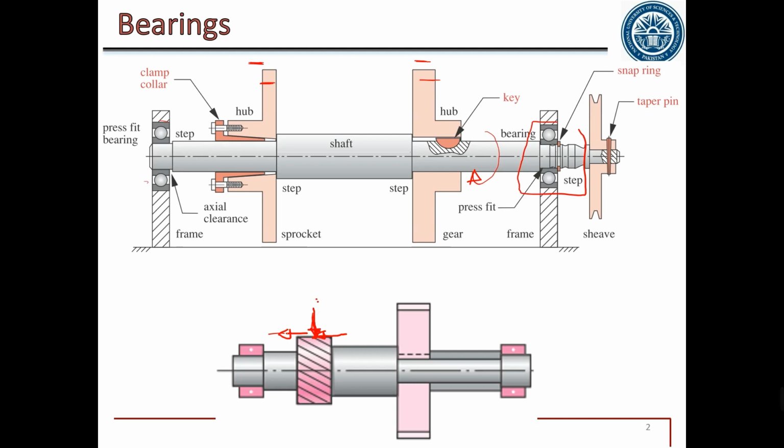But the axial forces that exist in the shaft can be transformed, their effect can be calculated in terms of radial forces, and at the end we have overall forces in terms of radial forces, and according to those radial forces we need to design bearing. So in simple words, the basic purpose of bearing is to support shaft.